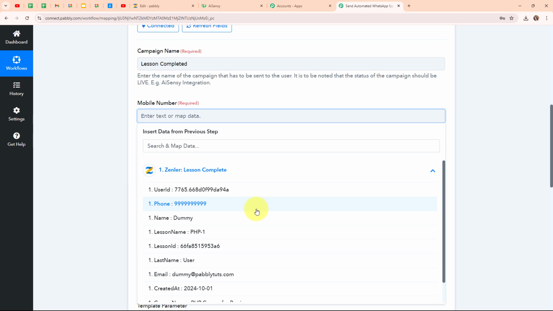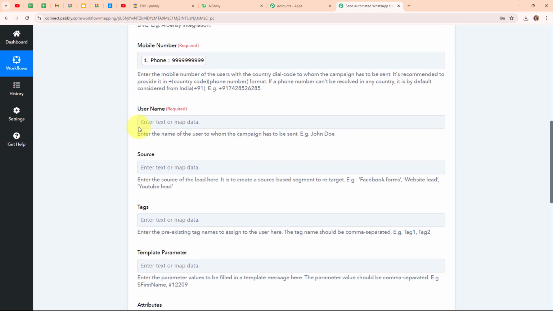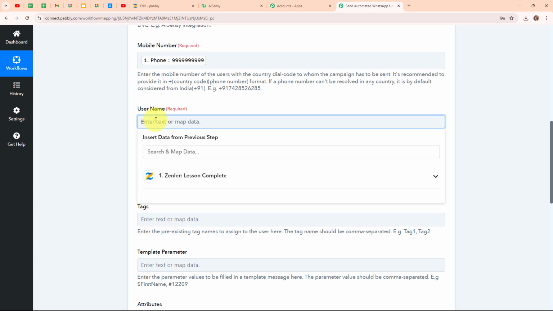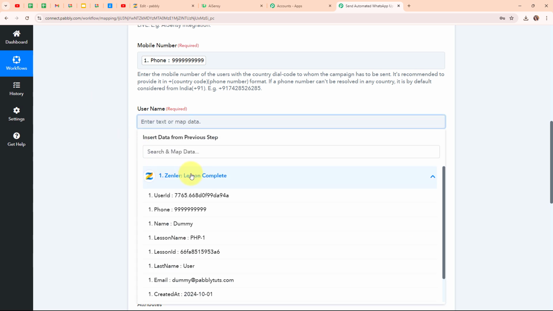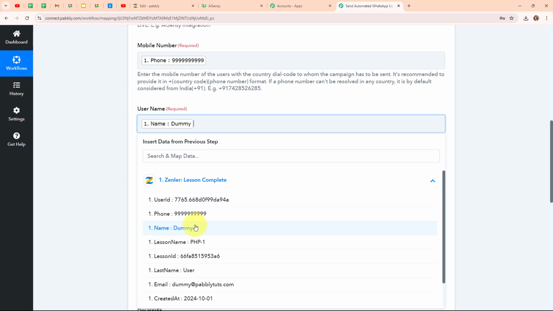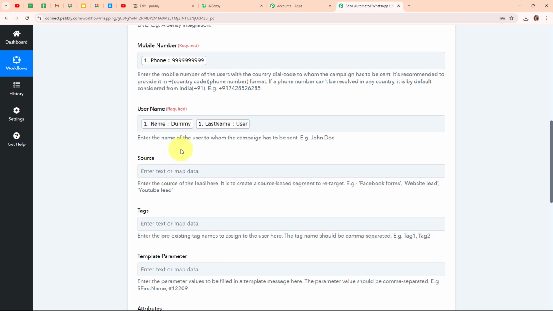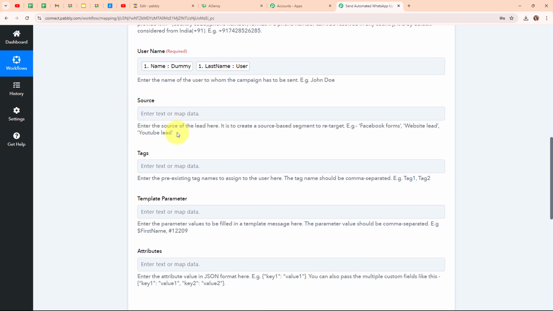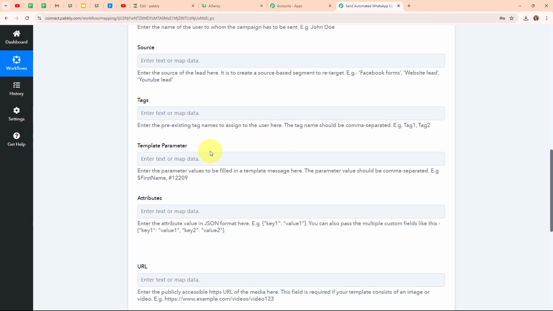So I'm going to map my students' phone numbers. So here you can see the students' phone numbers. So I'm going to map it, moving forward, and then here it is asking me for the username. So in this username, I want to map the name of my student only. So for that, I'm going to select my student's name. So this is my student's name, moving forward, and then here it is asking me for the source and the tags. The source and tags is not a required field, so I'm going to leave them blank,